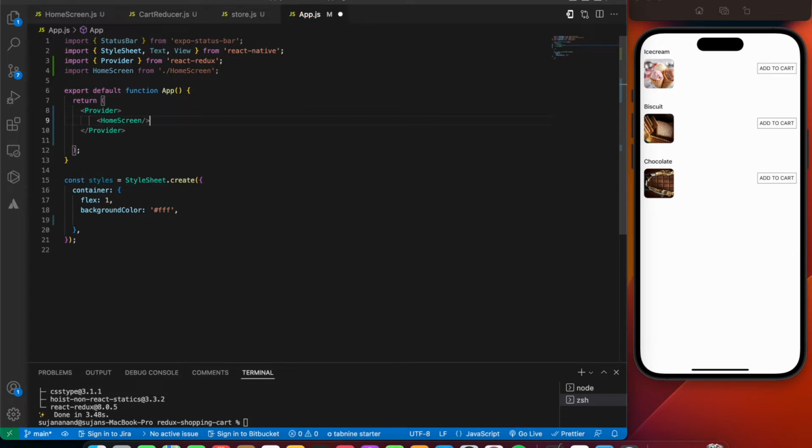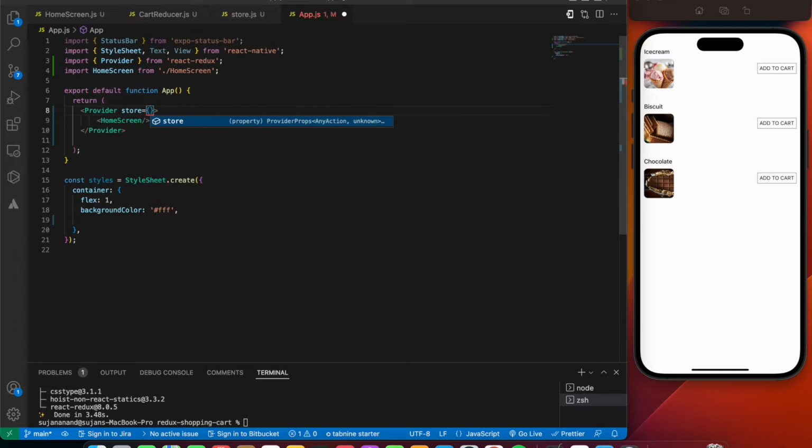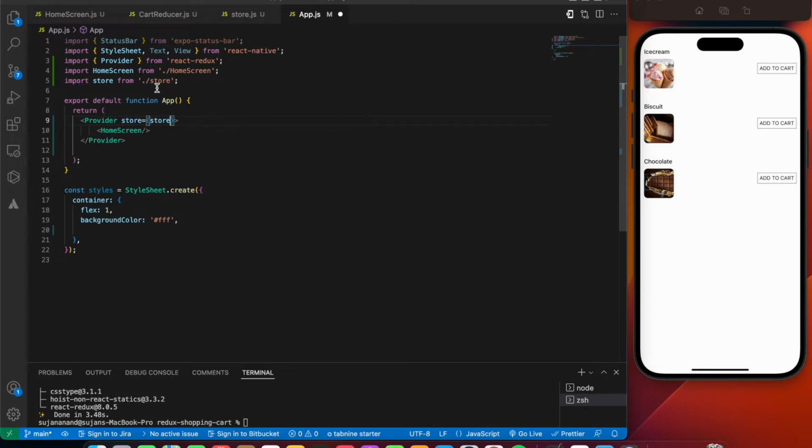We're going to pass in the home screen as such. We're going to say store, and we have already exported it inside our store file, so let's import our store file over here. I think it's not working. Yeah, it is there over here, so we can import store like this and save the file. Hopefully nothing should go wrong. Yeah, I think everything has been set up correctly.